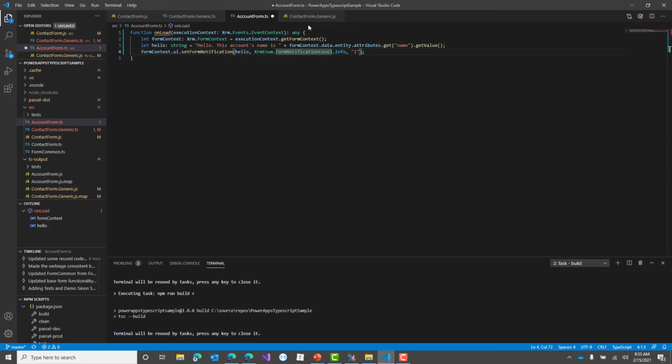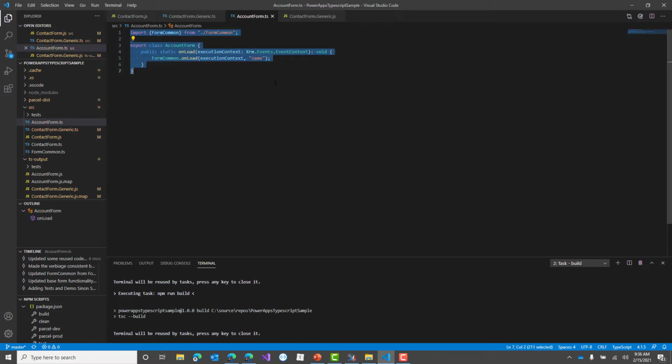But we're not getting any code reuse here, so what we would like to do is abstract this away so that we can reuse the code that we've already written in our contact form. So how do we do that? Well,